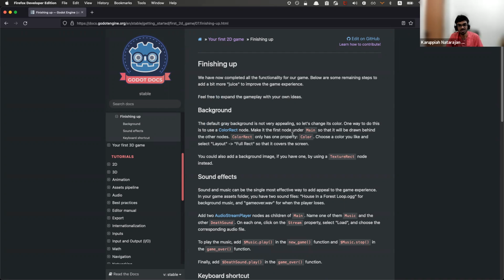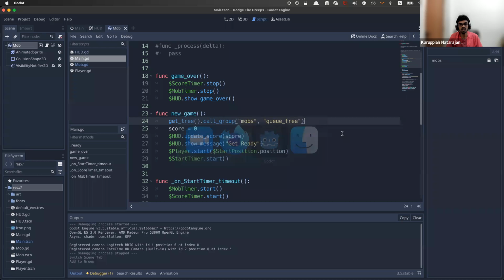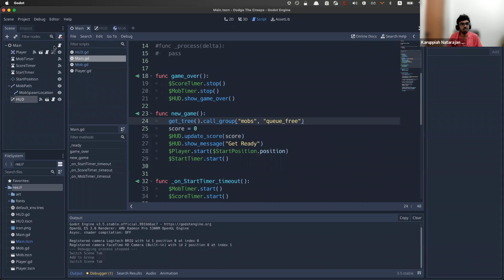Okay. One way to do this is to use color rectangle, I'm guessing. Color rectangle node, make it the first node under main so that it will be drawn behind the other nodes. Oh, so go to main and how do you,